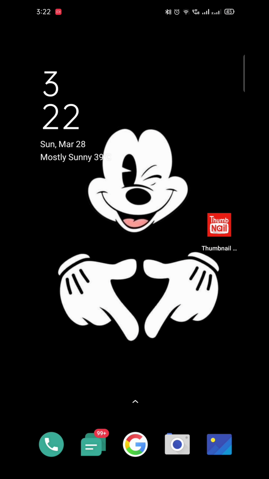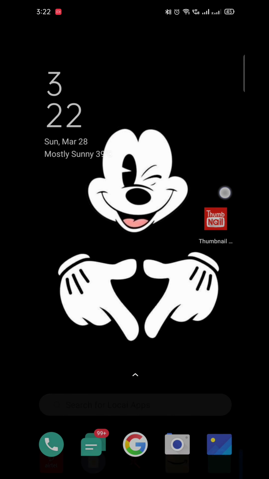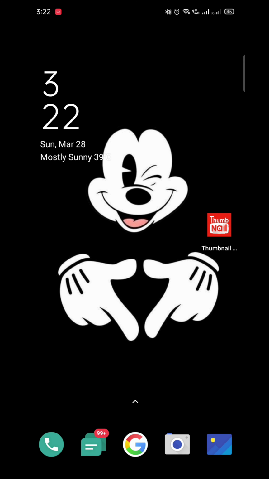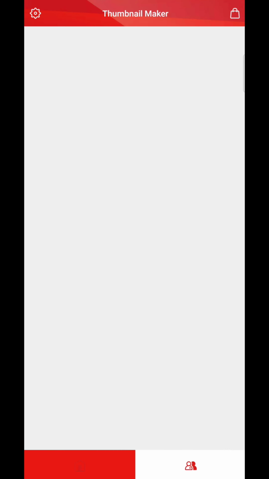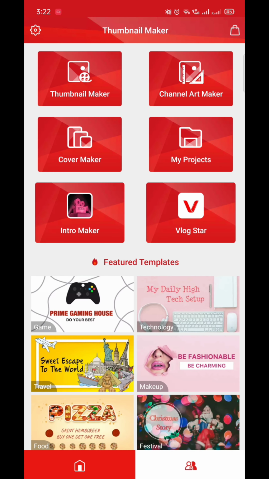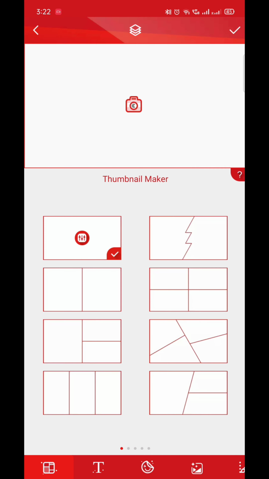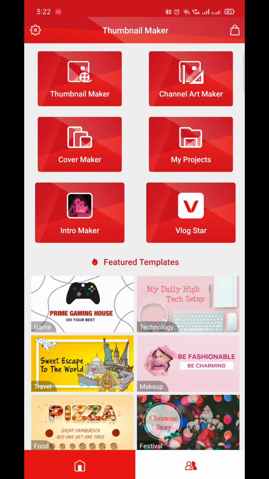In the previous part of the video, we have seen how to download the mod version of this thumbnail maker app, which I have patched myself, and even how to use the app in its basic features, and also we have seen how to add overlays to the app. So in this video we are going to see how to edit the overlays which you are adding, and even we'll try to discover some new features of this app.